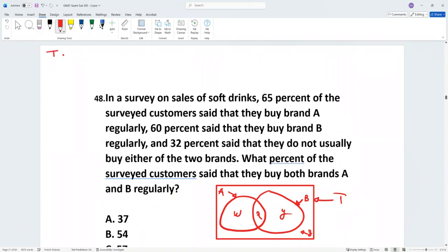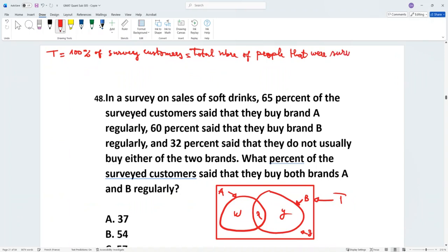what do they mean? So T here means 100% of surveyed customers. Okay, so the total. So that's the total number of people that were surveyed. Like this. And then we can say A